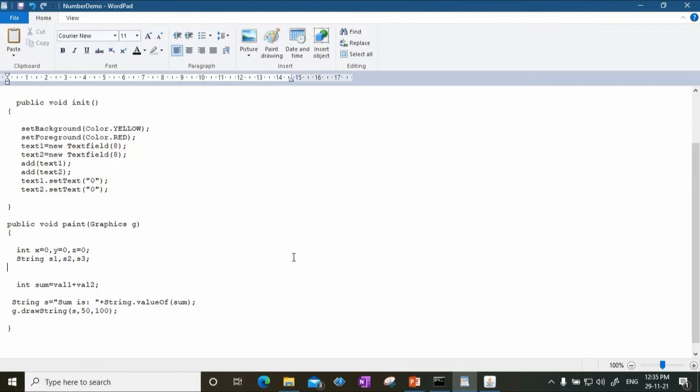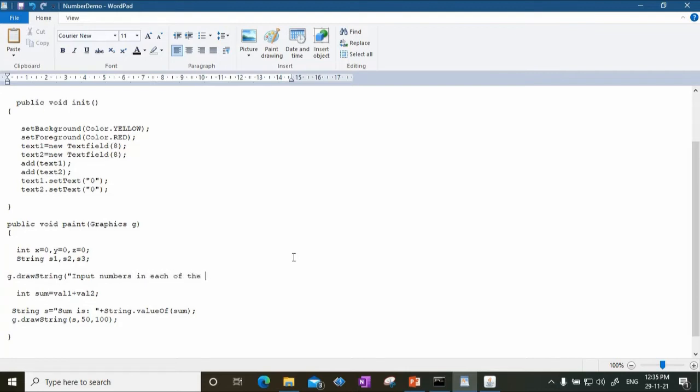So the very first thing is I have to print a message on that applet canvas that the user has to input a number in each box. So I will say g dot drawString, and the string I want to write there is "Input numbers in each of the text boxes".